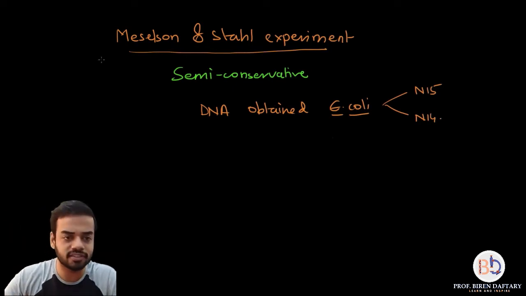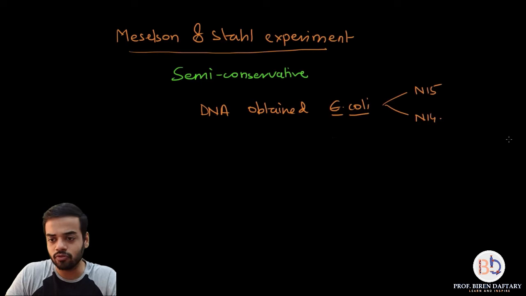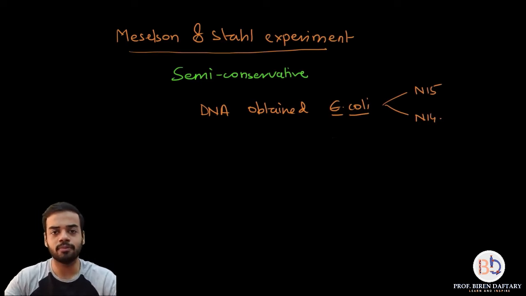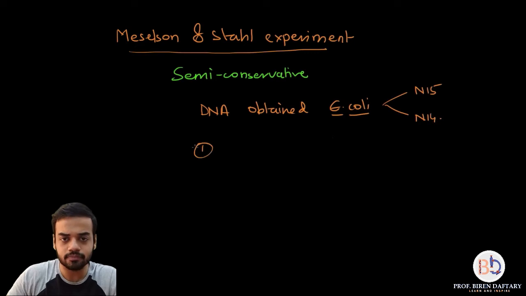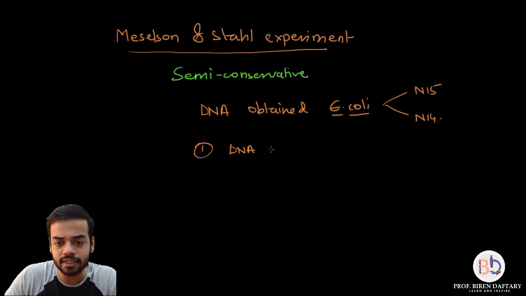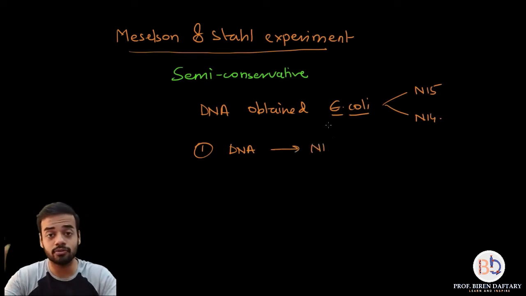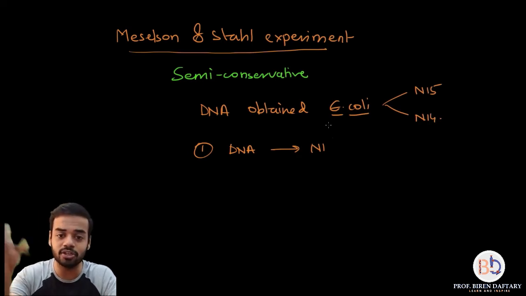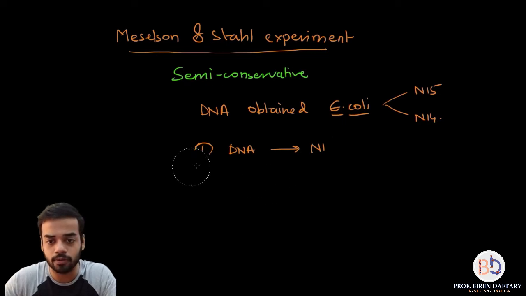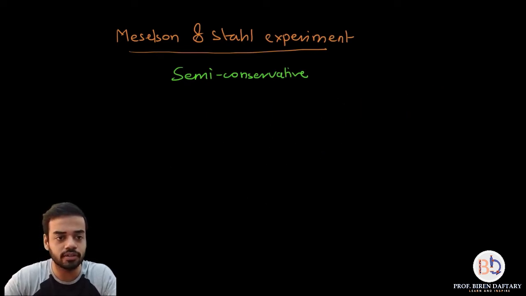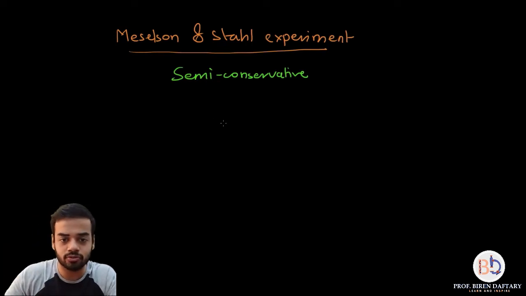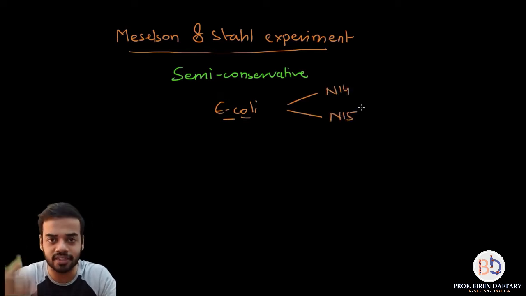So now, the first step is, what Meselson and Stahl did was that they took the DNA from E. coli, okay, and they grew that DNA in N... I'm sorry, they didn't take the DNA out, they took the E. coli and they grew the E. coli. The DNA was not removed from the E. coli, so the E. coli were grown in two mediums, N14 medium and N15 medium, and obviously inside the E. coli is present the DNA.